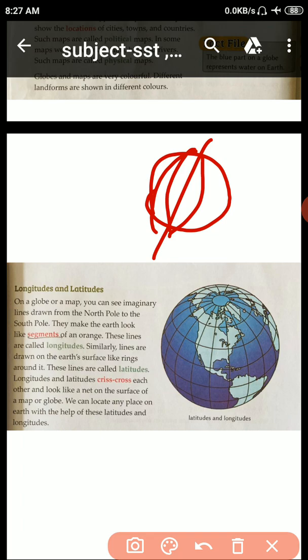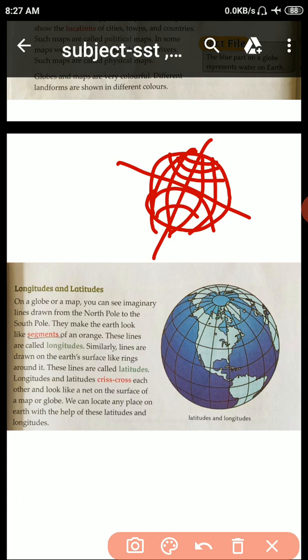Longitudes. Latitudes. So longitudes and latitudes crisscross each other and look like a net on the surface of a map or a globe. We can locate any place on earth with the help of these latitudes and longitudes.